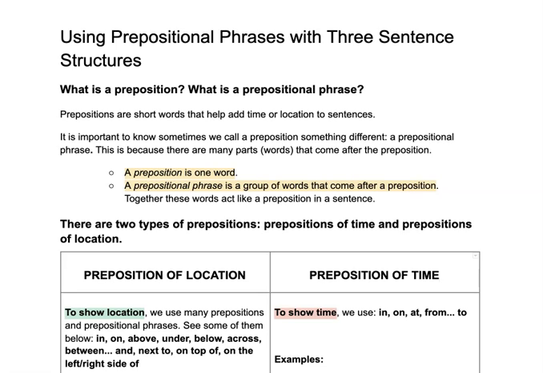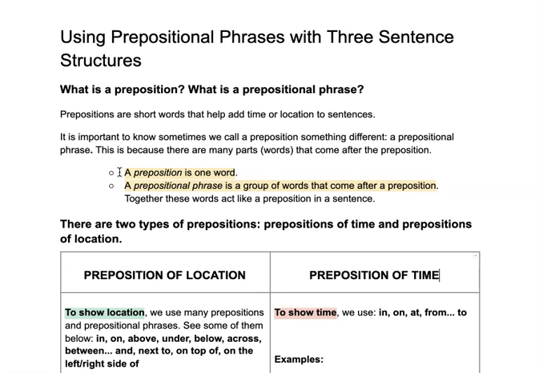Hello students! In this video, we are going to learn about prepositions and prepositional phrases. You already learned about prepositions before when we studied nouns. So you understand that after a preposition, we use a noun. This is great. This will help you understand more about prepositions, because there are two words that we use when